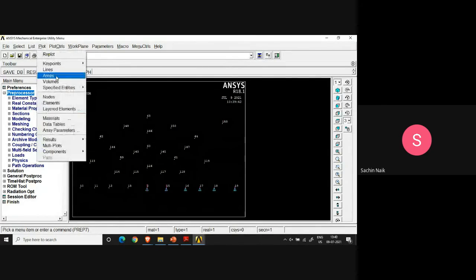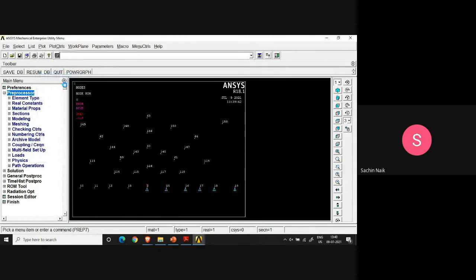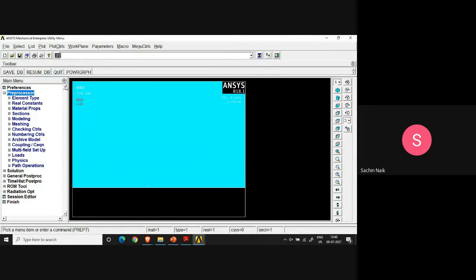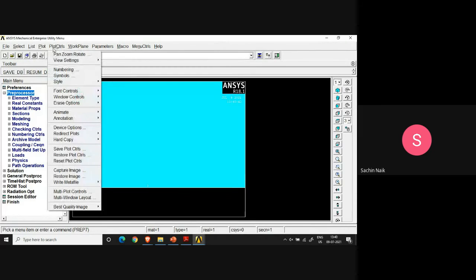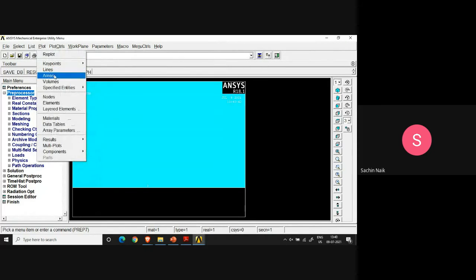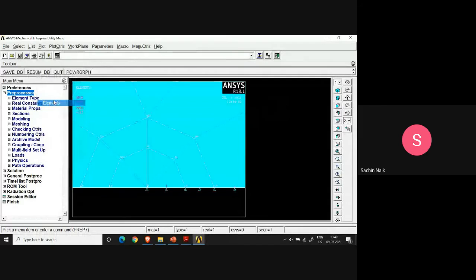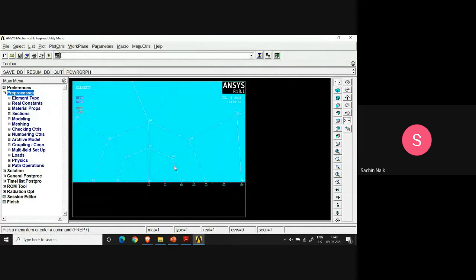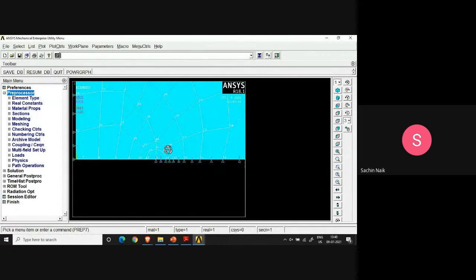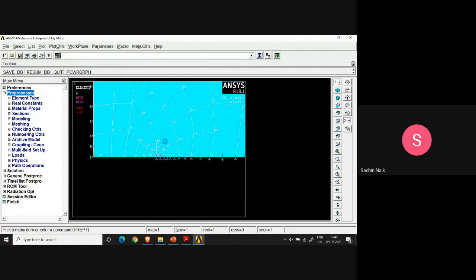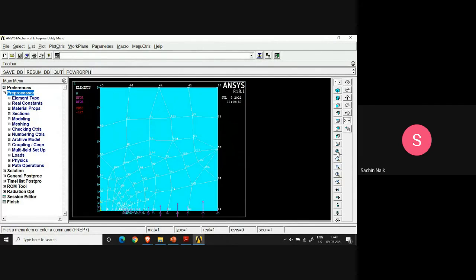Now plot areas, plot controls, plot elements. The nodes were not seen at the quarter point location, so maybe I'll have to do certain things quickly.